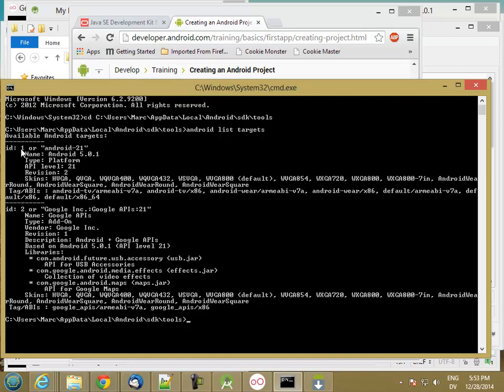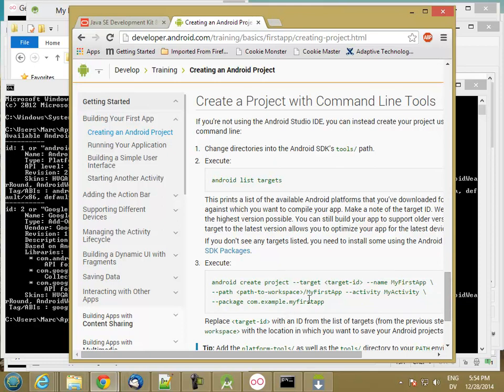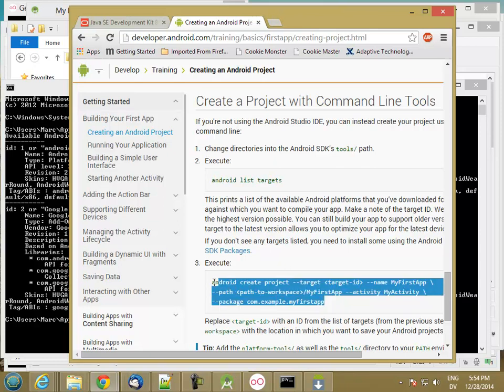So I can either enter 1 or Android-21 as the ID for that. Or I can use 2 or type this whole complicated string or copy and paste it. You'll see what I mean in a second. So I'm going to go back here, and it wants me to execute this command line. Now, if I just copy and paste this into the command window, it will not do what I want, because these line continuation characters at the end, they work for some shells, but they don't work for the Windows command shell. So what I'm going to do here is copy this line,